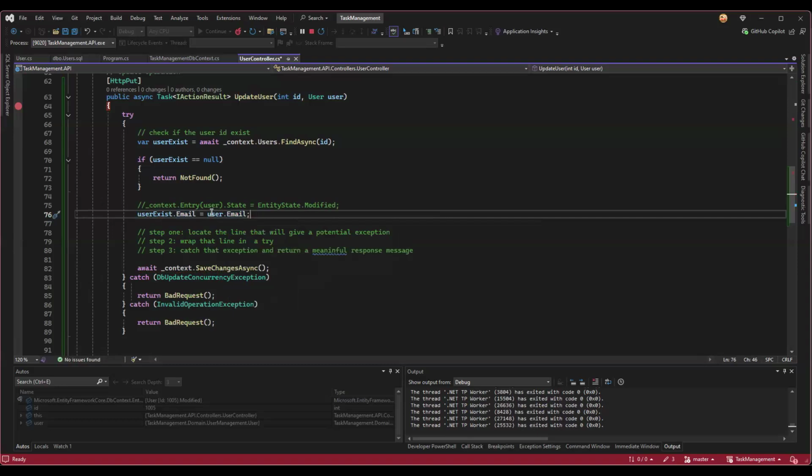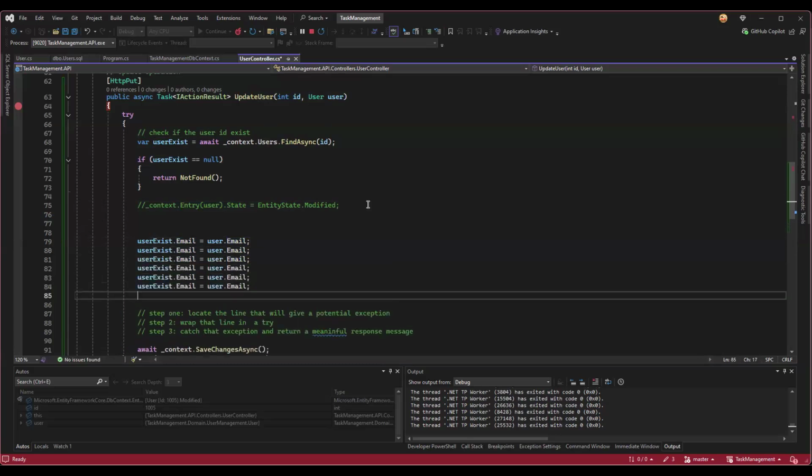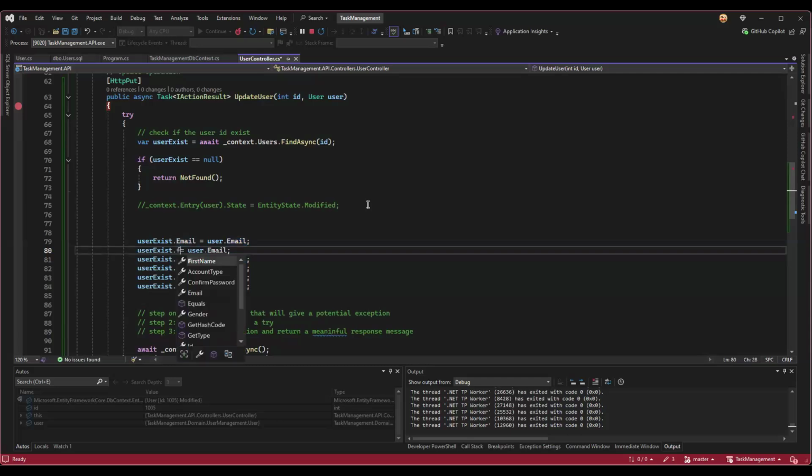This means whatever the user updates here, if the user is updating the email, assign it to the backend information, update it. Do you get? Yes. Great. So instead of doing this entity state, which I don't really get why it's having an issue, another alternative is doing it this way. Then you also do the same for the other properties, which is what we have: the first name,